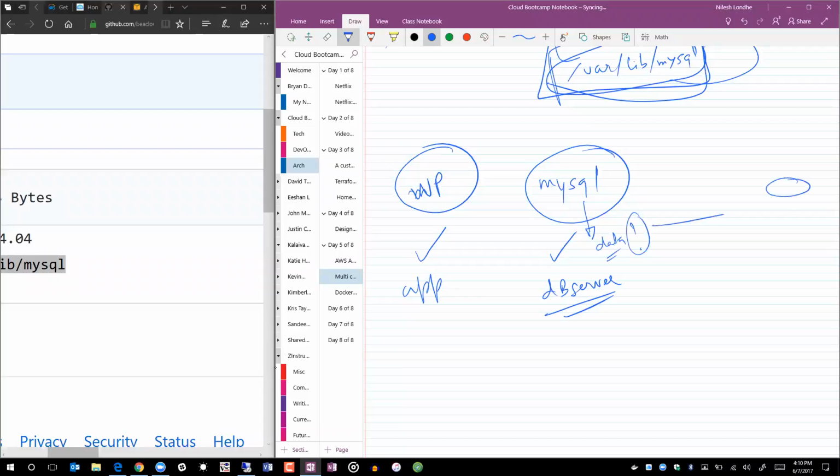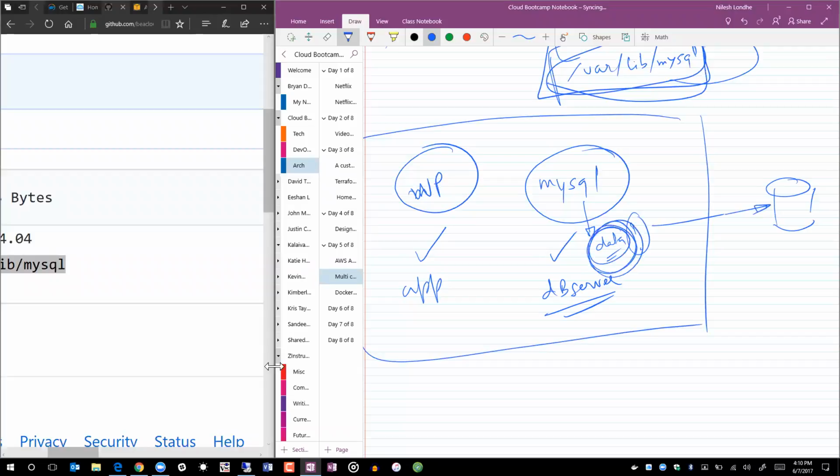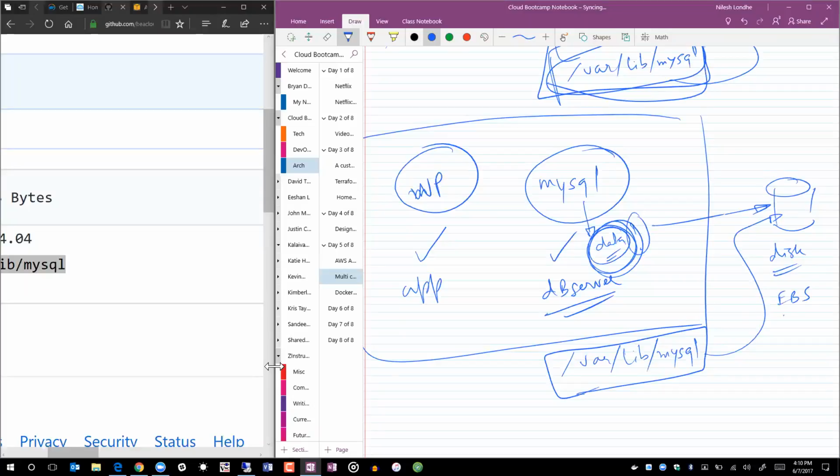You store it in a disk, a separate disk that is unconnected with anything else. And its only purpose is to store the database data. So whatever this file structure is inside the database server should be mapped over to this disk. It's elastic block storage,